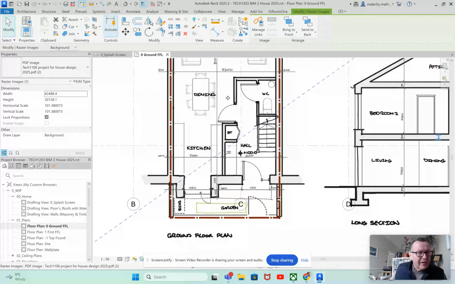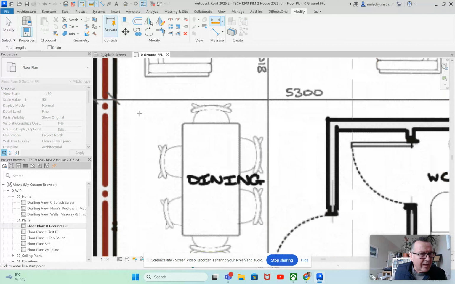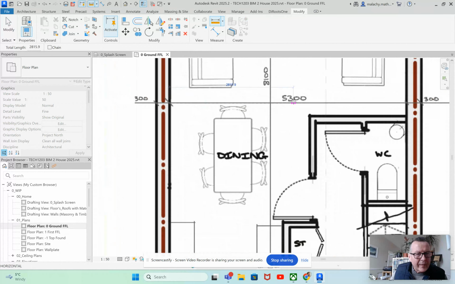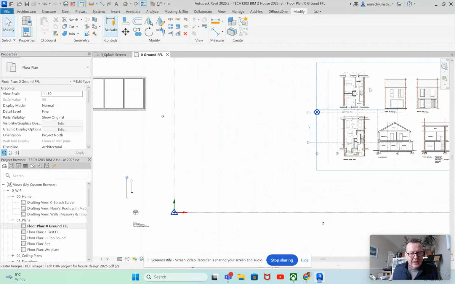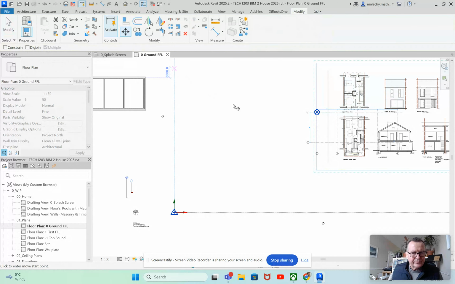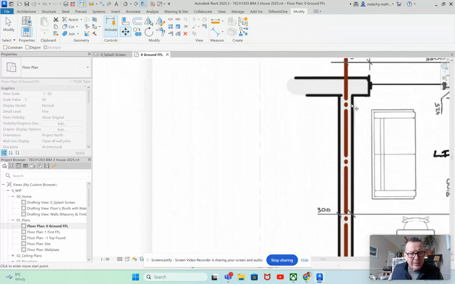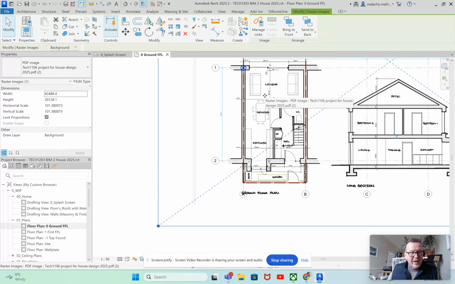Let's do that. Now we'll go back and check our 5.3, and if this is anywhere close at all, I'm good to go. So there to there. All right, so not bad. That'll do. Okay. Now I'm going to take the image. I'm going to select the image. I'm going to hit the move tool, and I'm going to move this image. Look, because we're doing core center lines here, I'm going to roughly pick that point there as my moving point, and I'm going to put that up onto our